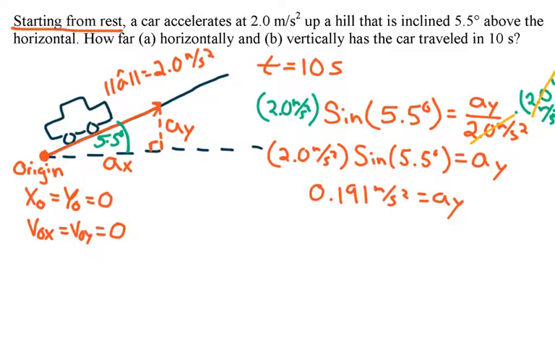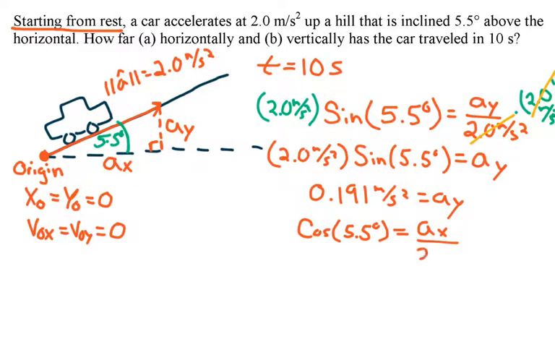Okay, so you need to keep all of those numbers whenever you plug this into the kinematic equations. But for this, I just don't want to write all those digits out, so I'm just going to write the first three to help me keep track of it. Now I'm going to use my cosine function this time, so I'll do cosine of 5.5 degrees is equal to, in this case, the adjacent side, so a sub x divided by the hypotenuse,